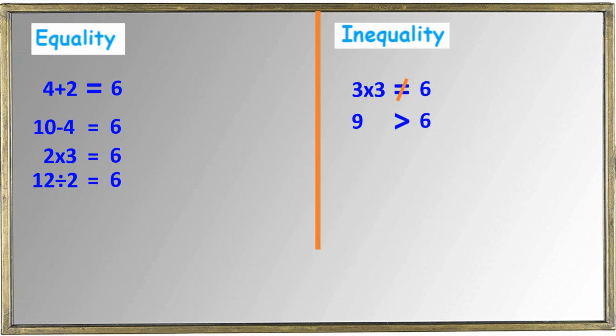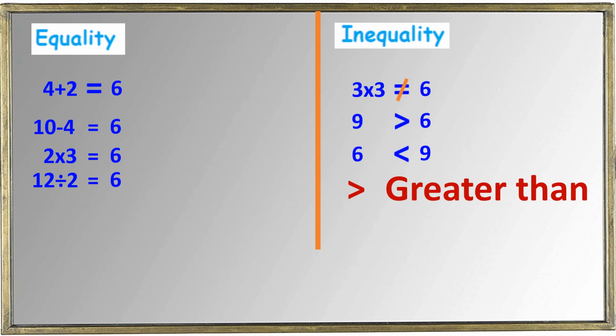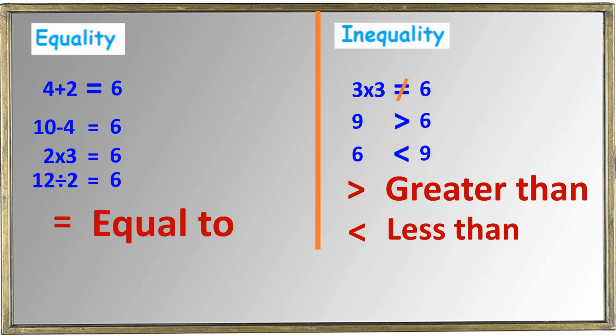If we change the 6 and 9 to the opposite sides, we can use the less than symbol. So this one is the lesser than symbol. 6 is less than 9, right? Fine. So this one is a greater than symbol and this one is a lesser than symbol. And here on the left side, this we call equal to. So how can we keep this in mind? From the symbol itself.